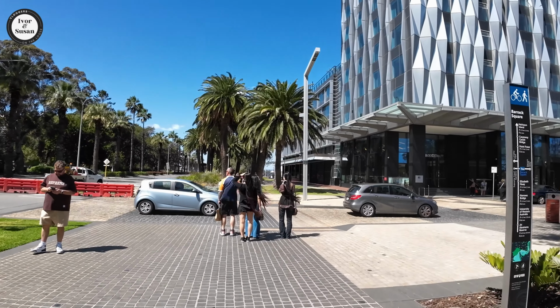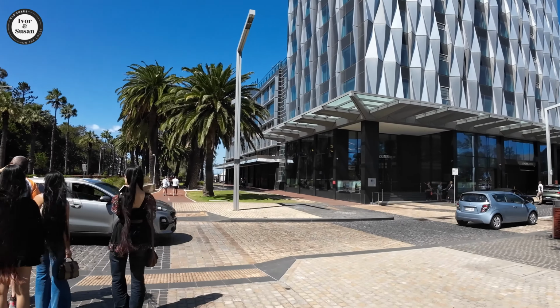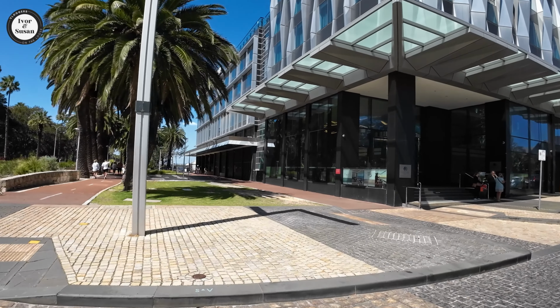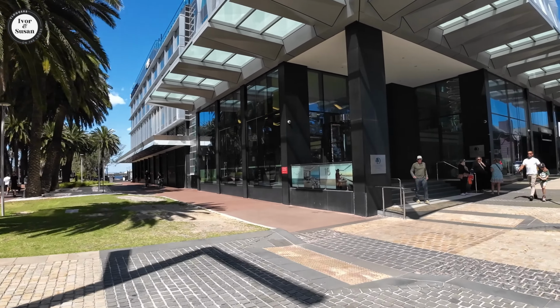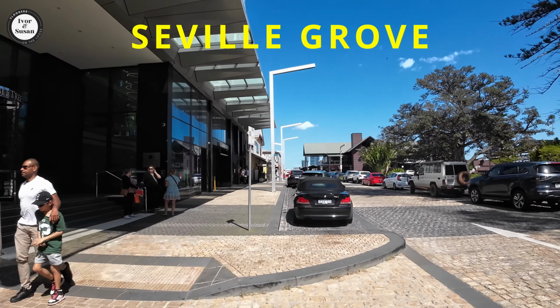The first, and this is in no particular order, there's 9 of them over here in Perth, Western Australia, and 1 in Adelaide, South Australia. So we'll go through all the West Australia ones first. The first suburb is a suburb called Seville Grove, and